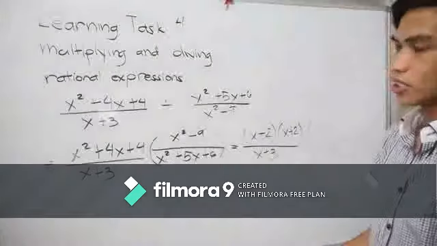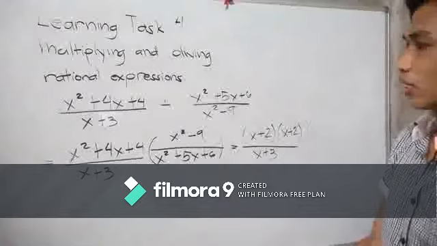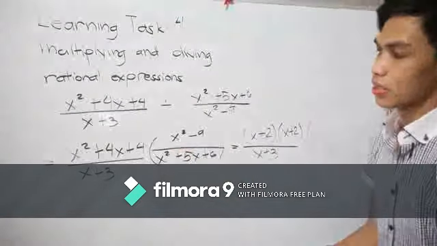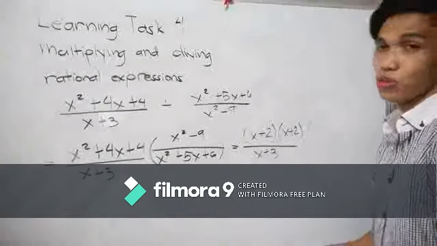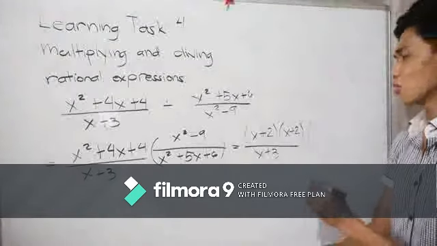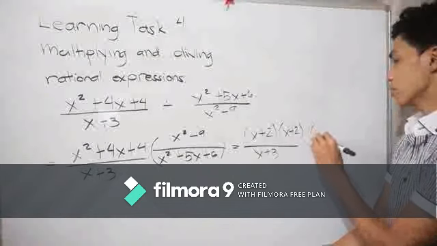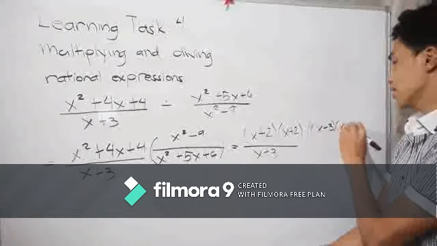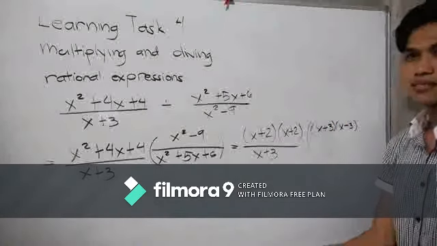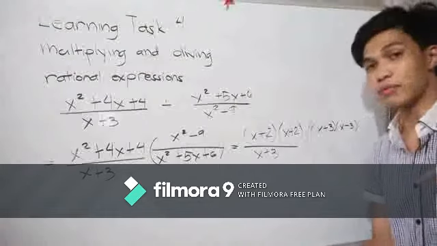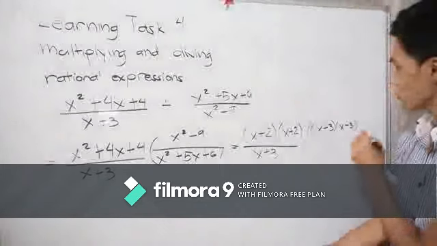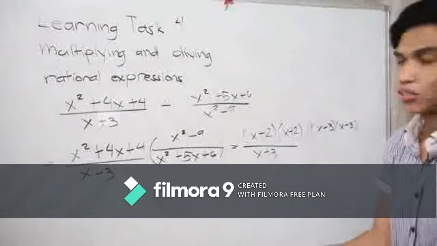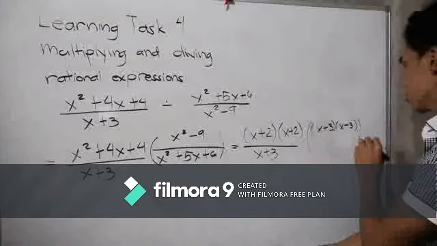Multiply to x squared minus 9. So let's factorize that. We are seeing the sum and difference of two binomials. So that will be x plus 3 and x minus 3. Yeah, that is the sum and difference of two binomials. If we multiply x plus 3 and x minus 3, this must be the answer. Over